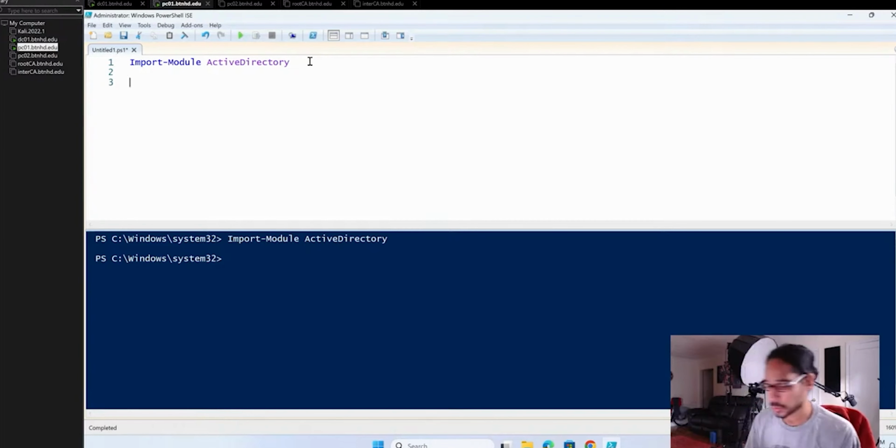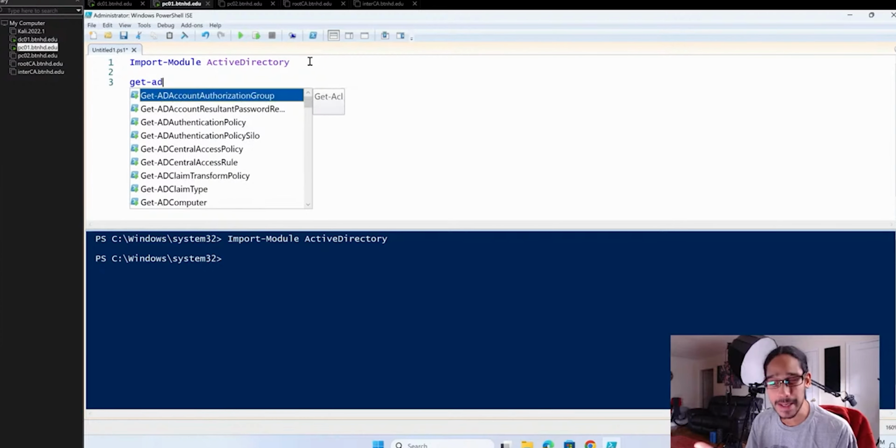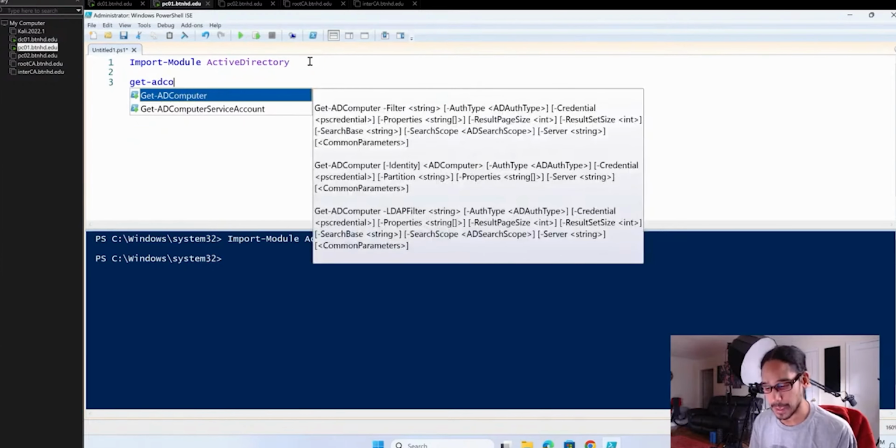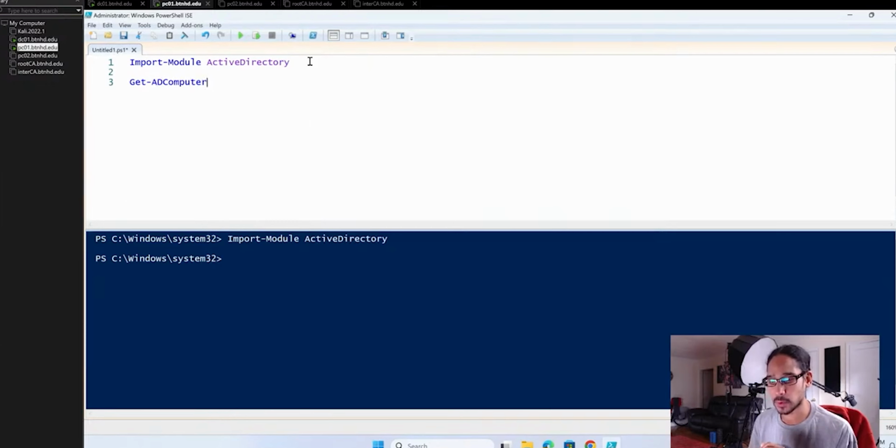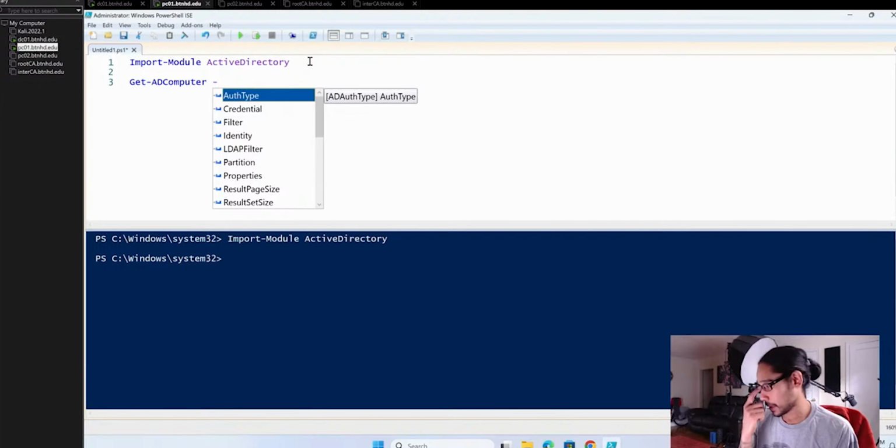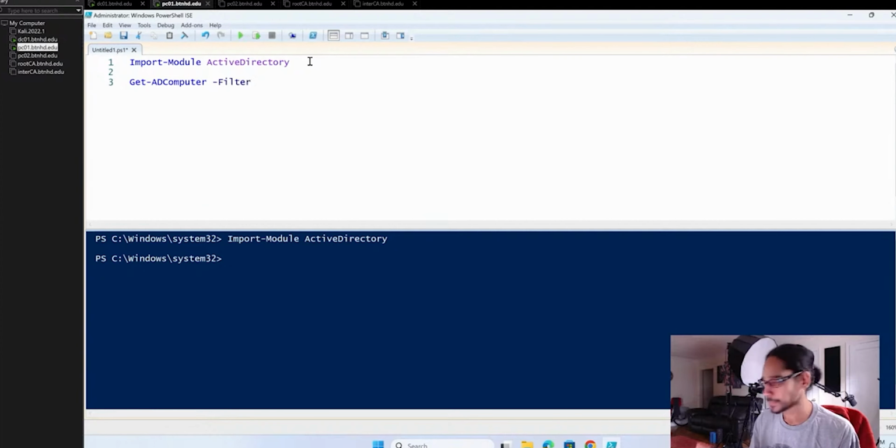Third line, the following command is going to be Get-ADComputer, and I'm going to hit the tab to autocomplete it. Now, because there are many computer objects within your Active Directory, we need to do a filter to only find servers. So we're going to use the parameter of Filter. We're going to do a single quotation.